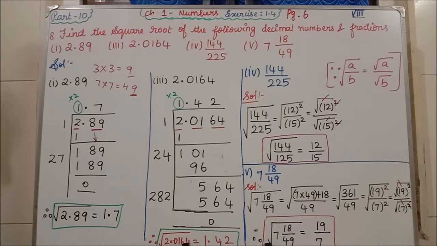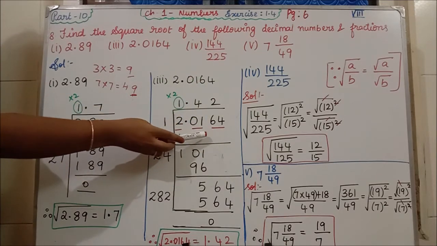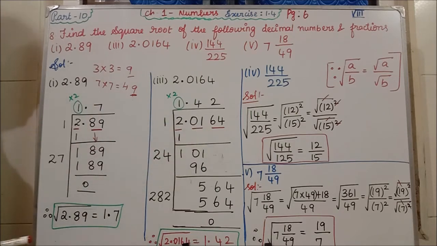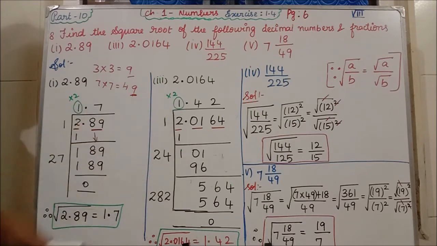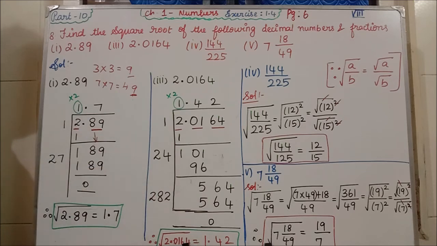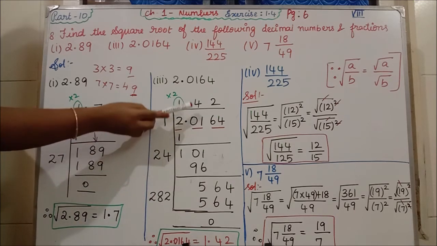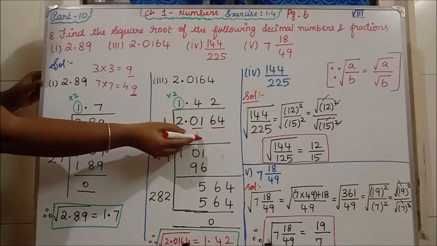Now see the third subdivision, 2.1064. In all the problems we are going to find the square root only. Clear? Now from the last I am grouping two numbers, 64, 10 and 2. Again we are having 2, so the only possibility is what? 1, 1. 1 ones are 1. Then 2 minus 1 is 1. Afterwards we are having the decimal, keep the decimal in the quotient.